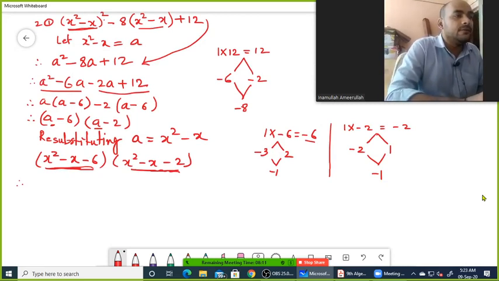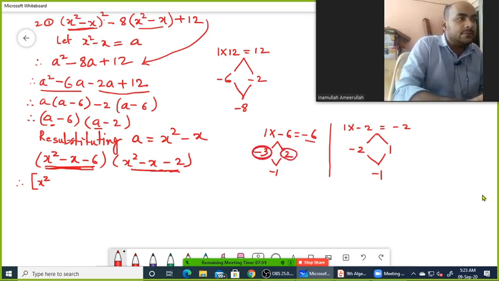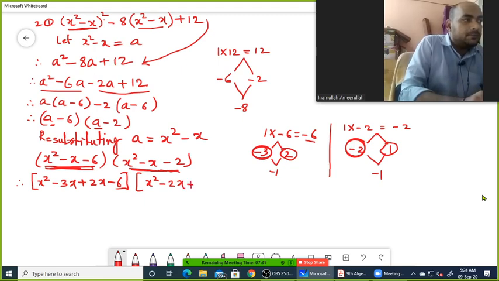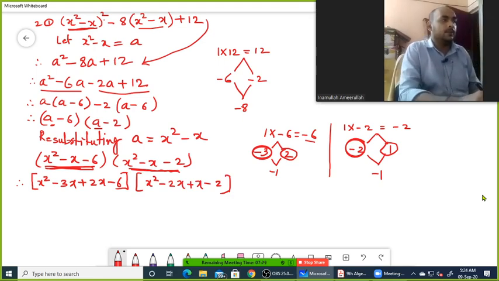So the same procedure we will follow for this. In the first bracket, we will operate on this. So x square, then we have two linear factors for this as minus 3 and 2. So here I'll take minus 3x and plus 2x minus 6. In the second bracket, this one, we have x square minus x. So the linear factors are minus 2 and 1. So here we can take minus 2x and plus 1x, and the last term is minus 2, which will remain as minus 2.